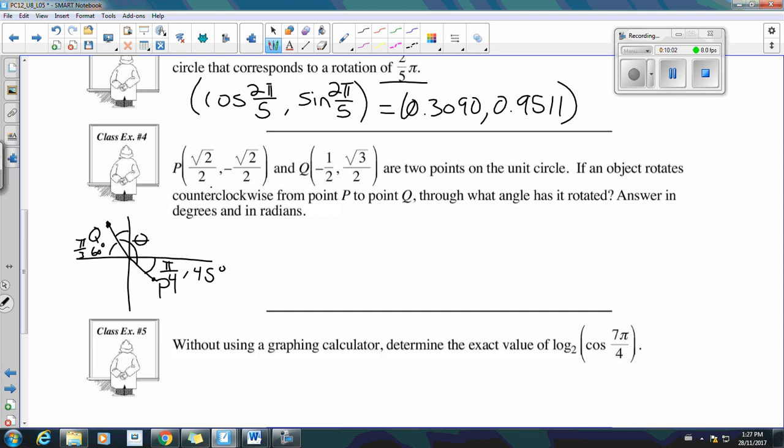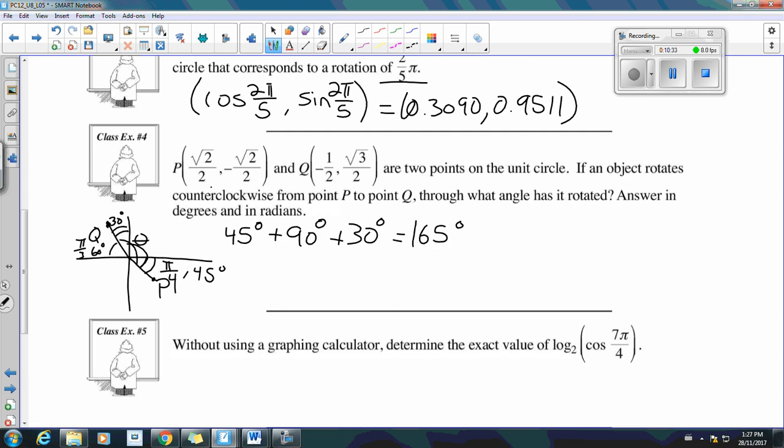Well, if I take this first piece here, I'm going to work in degrees first. It's a little bit easier. 45 degrees. From the positive x-axis to the positive y-axis is a 90-degree piece. From the y-axis to this line represented by Q, well, if the reference angle is 60, that tells me this angle is 30. So now we add them up. 45 plus 90 plus 30 gives us 160